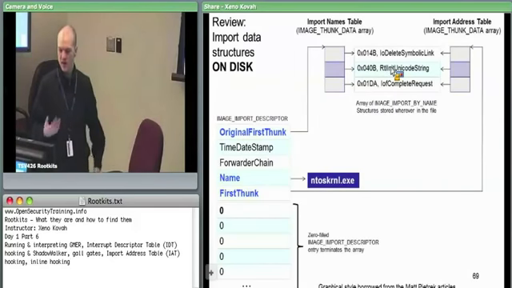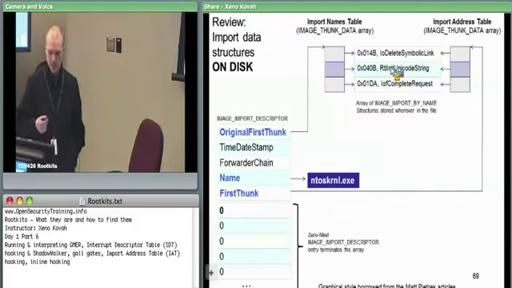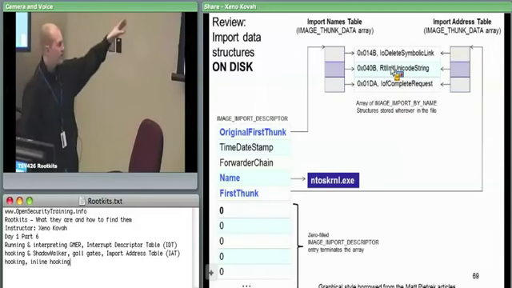And all that data is just there for the OS loader so that when you double click on an exe or whatever, when you open any sort of module, a PE file, the OS loader needs to go to this import address, import names table, and say, here's all of the functions this thing needs to operate correctly. So it needs to go out and find those functions. In this case, it would go out to NTOS kernel. It would have to consult its exports